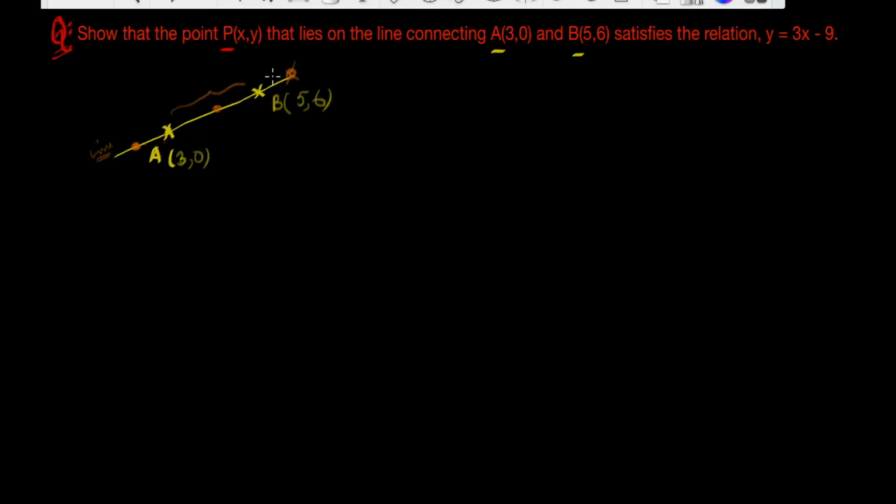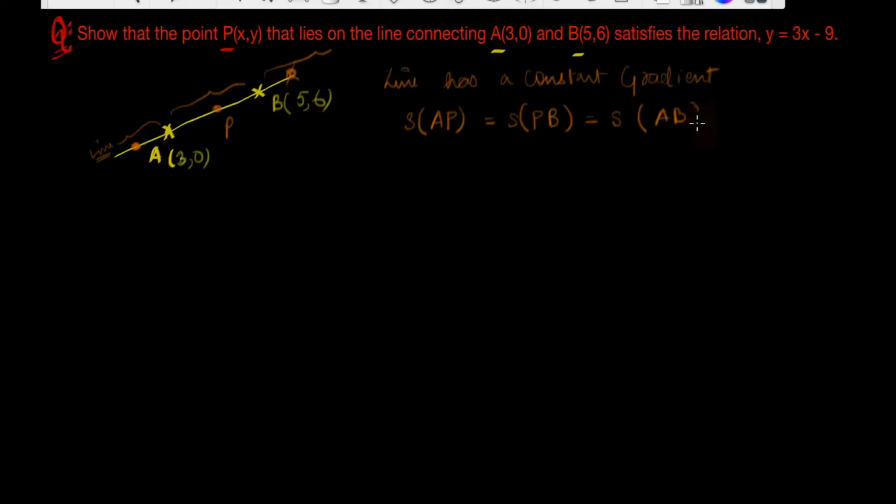It could lie in the middle of A and B, it could lie away from B, it could also lie away from A. But in all three cases, if the point P lies here, there, or even there, the gradient of AP or PB or AB are the same because they lie on the same line. As we've shown before, that the line has a constant gradient. Therefore, the slope or the gradient of the line segment AP should be equal to the slope or the gradient of PB, should also be equal to the slope of the gradient of AB, no matter where the point P